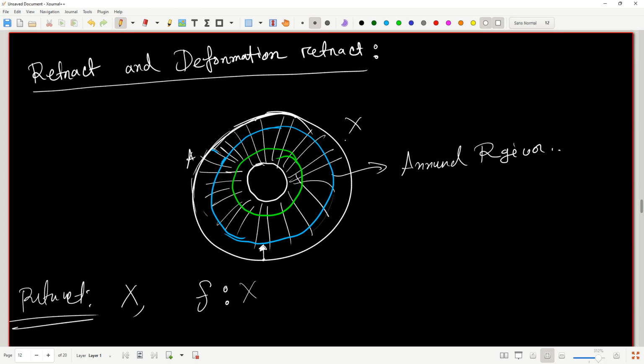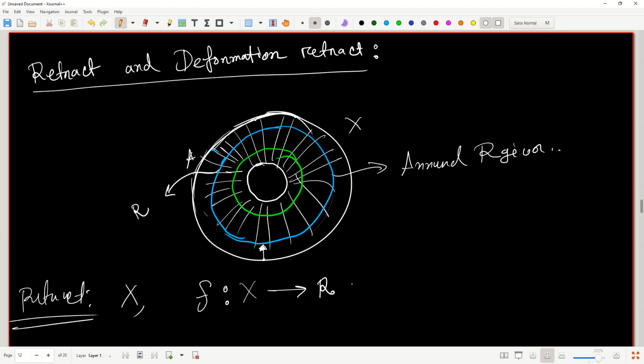That is something inside the space, intuitively speaking. So let's call this blue line R. So if I have a continuous map F such that it maps this X to R, the subspace of it,